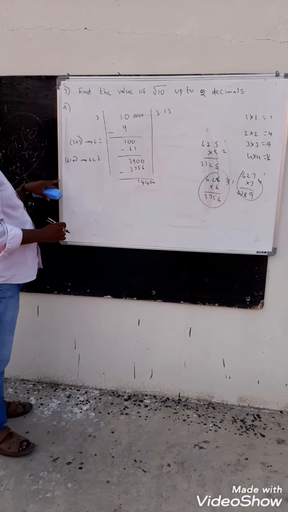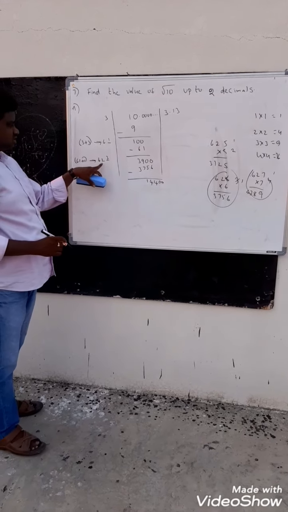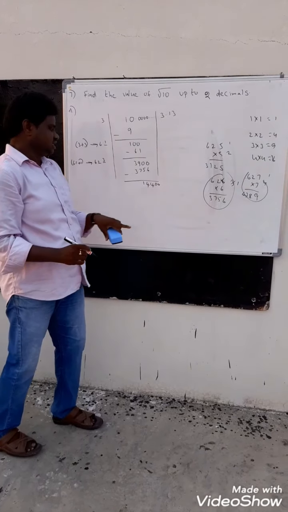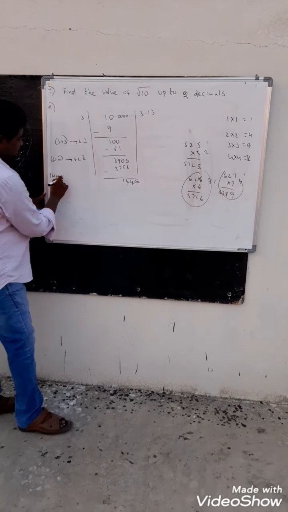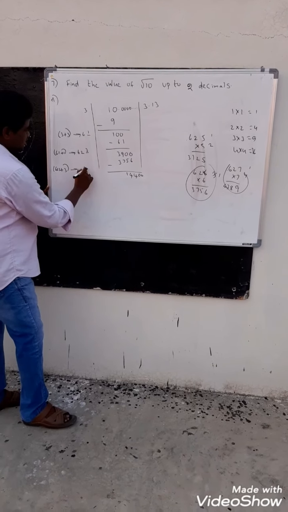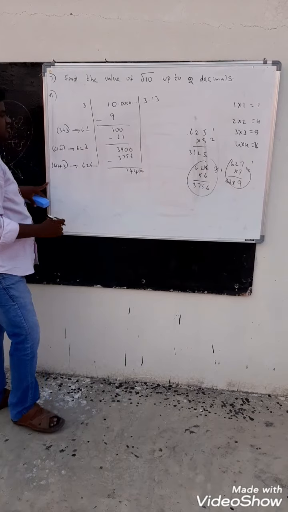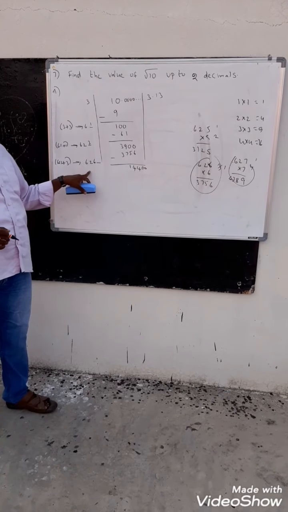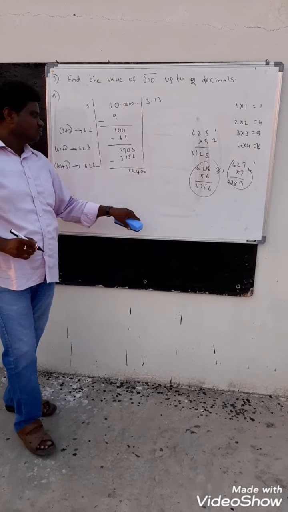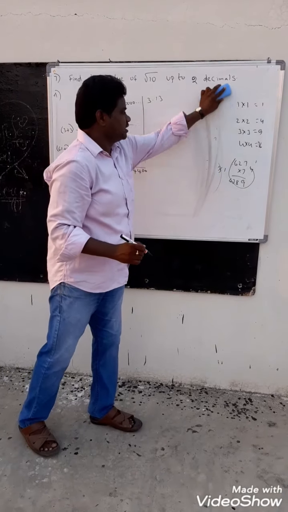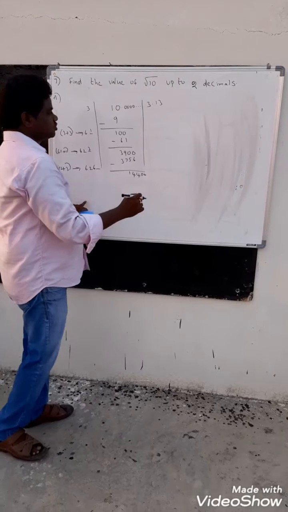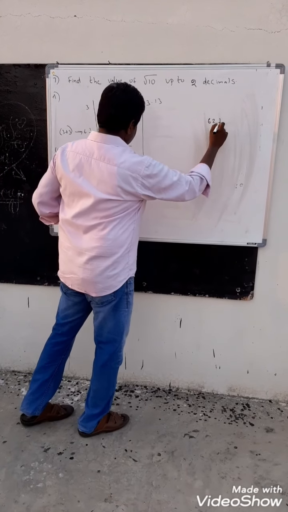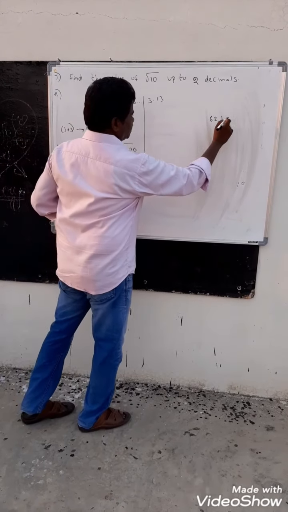Now how do you get the next question? This is 623 plus 3. That is 623 plus 3, that is you will get 626. Again you have to place one digit here. If you multiply with that, you will get 14,400. So approximately if you take one value, I want to take 626 and 5, I will take again 5